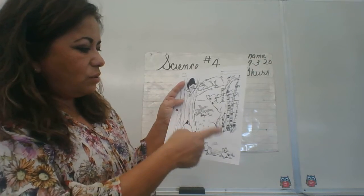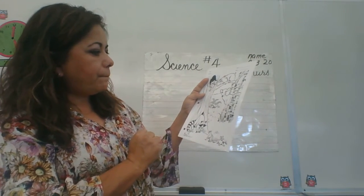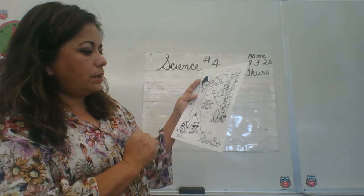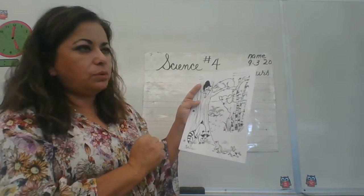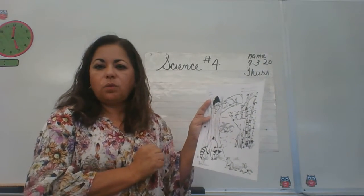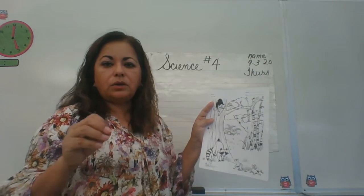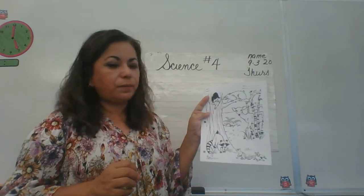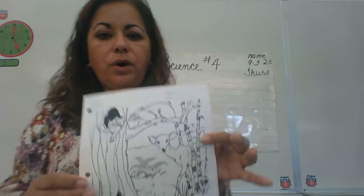There are no lakes or rivers here, so you can't add the fish, but we could surely add the reptile. Amphibians, we can't add amphibians either. Amphibians live in the water, but they can walk. They live in the water, they can walk out onto the land, but there is no water. So we're going to leave the amphibians and fish out, but let's add the birds and the reptiles, okay? So that's your work for